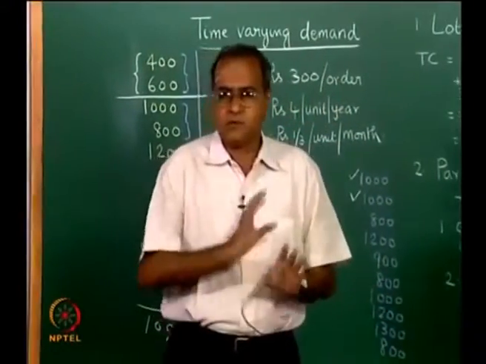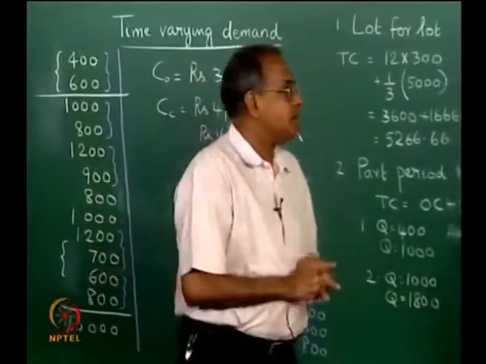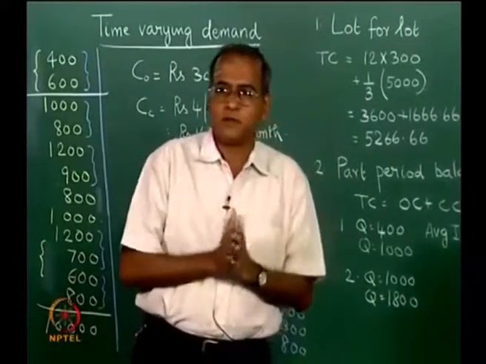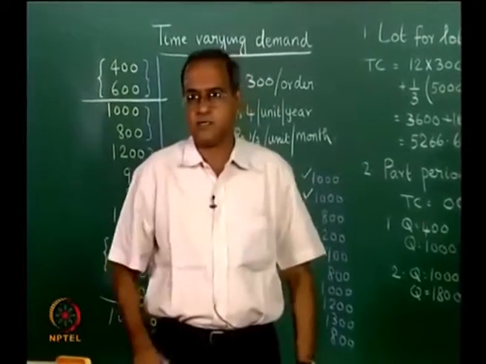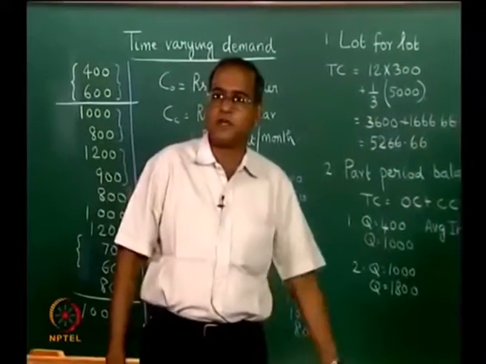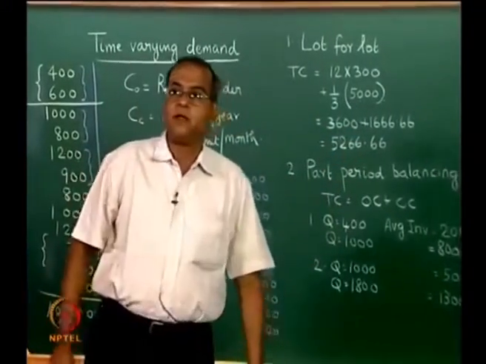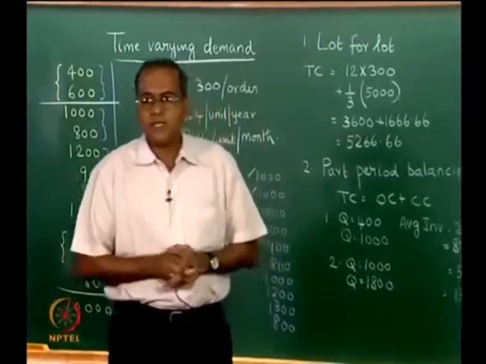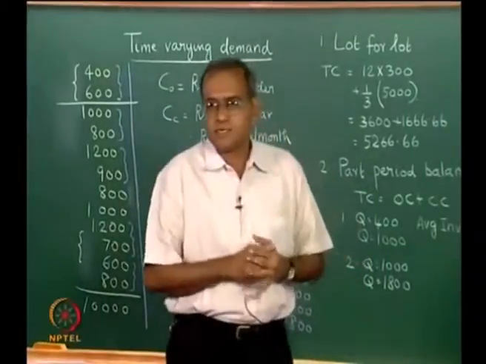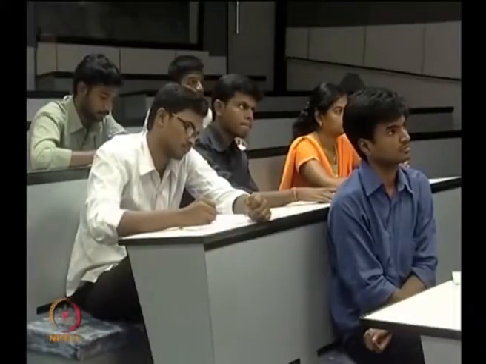Two other issues before we close this and move to another topic. The first issue is, how do we measure the goodness of a heuristic? There is a heuristic, there are more than one heuristic. In fact, there are many more heuristics, other heuristics also which we are not covering in this lecture series. Then how do we measure the goodness of the heuristic is number one. And number two is, are there instances where the heuristic can behave slightly poorly? Are there problem instances where a particular heuristic may not give a very good solution?